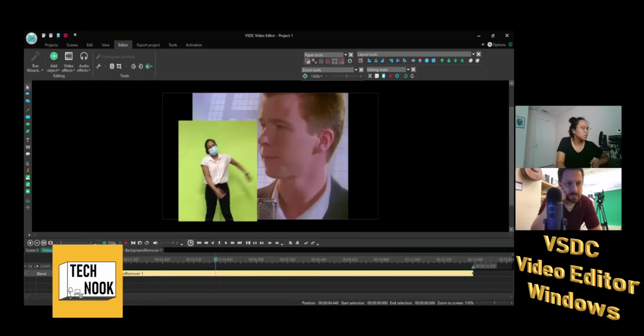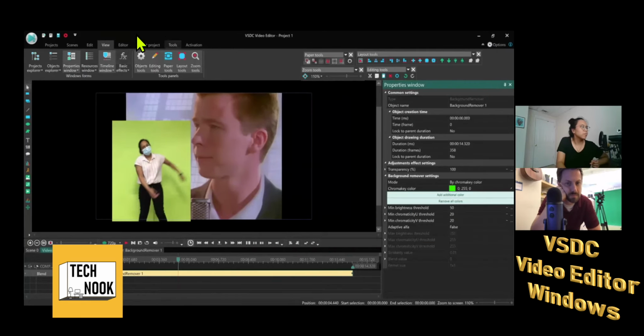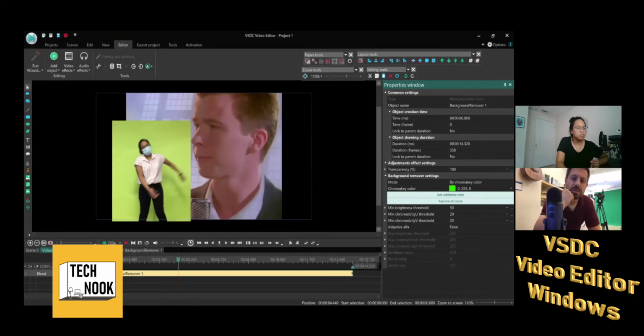Where did it go? There you go. So once I click background remover, this properties window shows up and you've got the key thing right here. You can choose what color. So I'm going to choose this one.